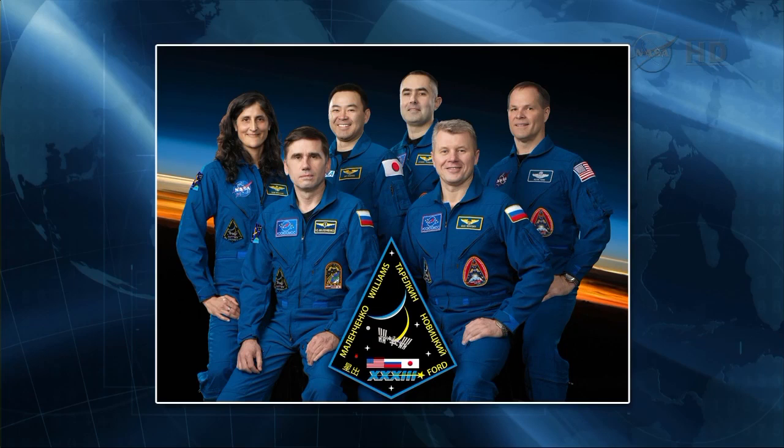And then on the far right-hand side, you've got Kevin Ford, who just flew up there with Oleg Novitsky and Evgeny Tarelkin standing beside him. That crew will be on board until March. Kevin Ford is actually going to become the commander of Expedition 34 once Sunny and Aki and Yuri come home. Once they undock, that signals the end of Expedition 33 and the beginning of Expedition 34 under the command